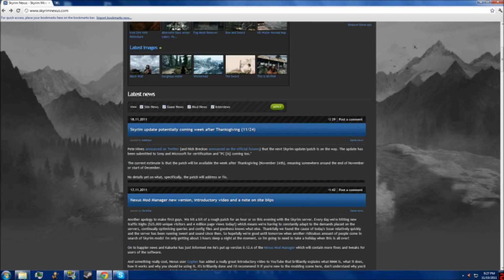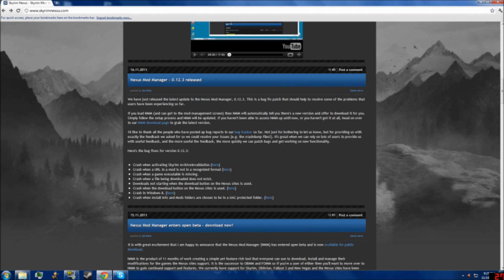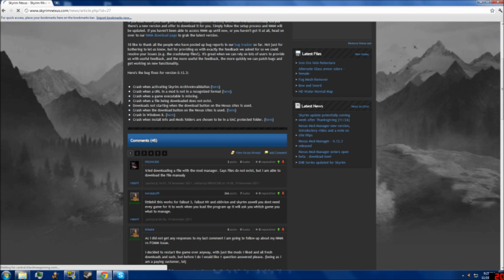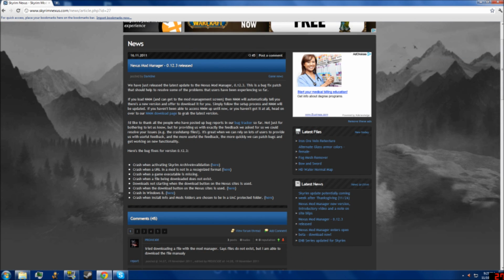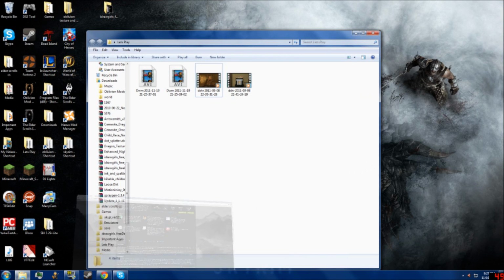I kind of had some problems with it, so I do it the manual way, which is a little more time consuming, but it's not at all confusing. So if you would like to do it the automatic easy way, you would go to the mod manager. I'll link it again in the description. You'd go to the download page right here, and you would download it, and then you'd get